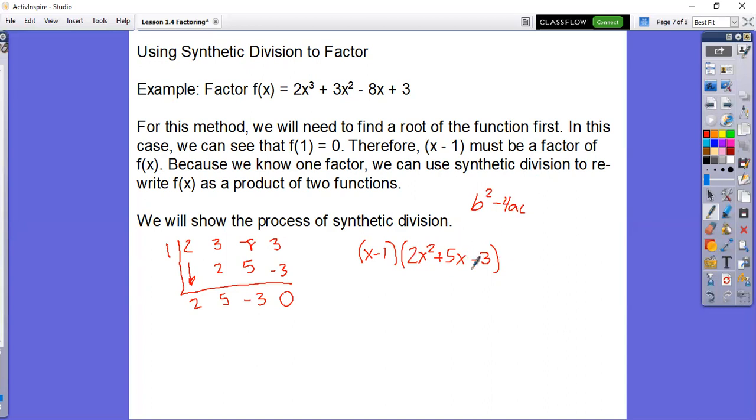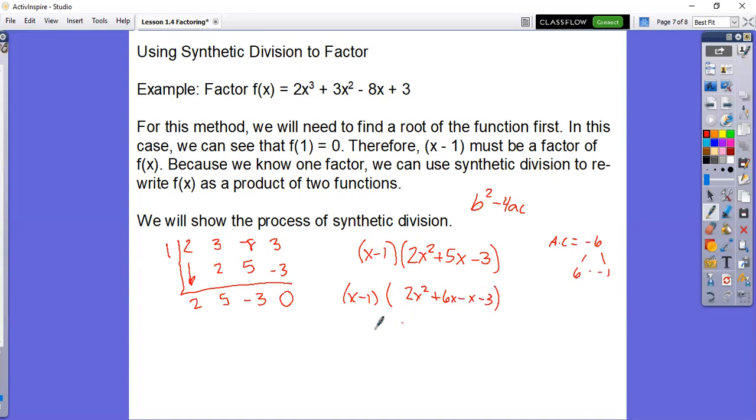So let's look just at this right here, and we're going to factor this. We're going to practice using that method of multiplying a by c. So a times c in this case is negative 6. I need two numbers that multiply to negative 6 and add up to 5. Those numbers are 6 and negative 1. So I'm going to break this up into x minus 1 times 2x squared plus 6x